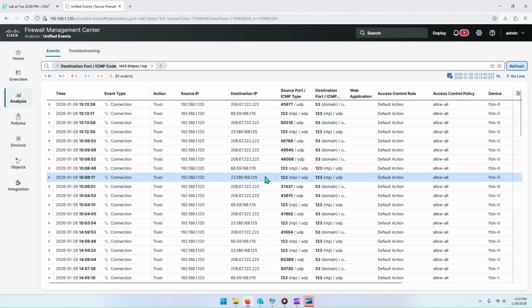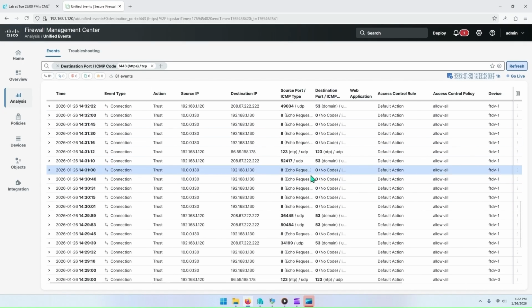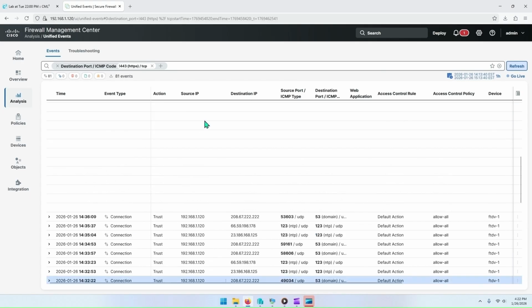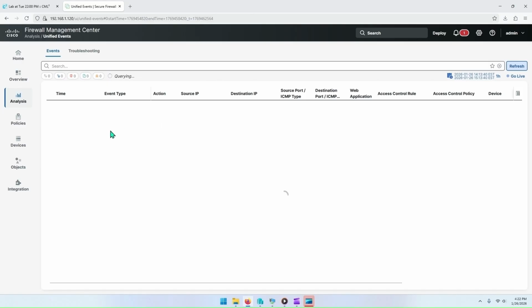And now we don't have those messages. So it's a little bit easier to find the important things that we're looking for. For example, our pings. Alternatively, if you don't want to have those logs show up at all, you could go into